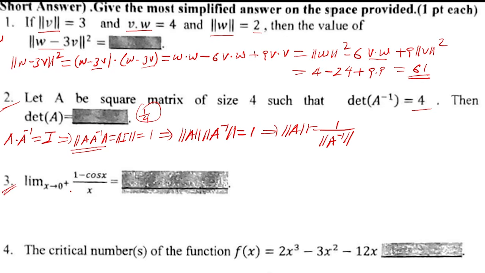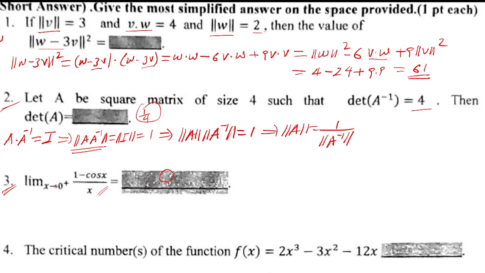Question number 3. Limit of 1 minus cos x over x as x goes to 0 from the right. This is one of the important limits you have in the discussion. Therefore, immediately you have to remember the answer is 0. But if not,